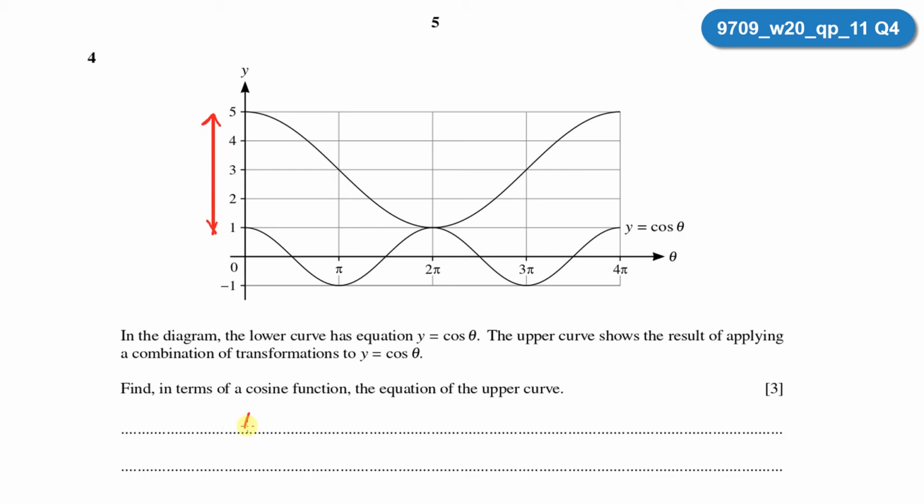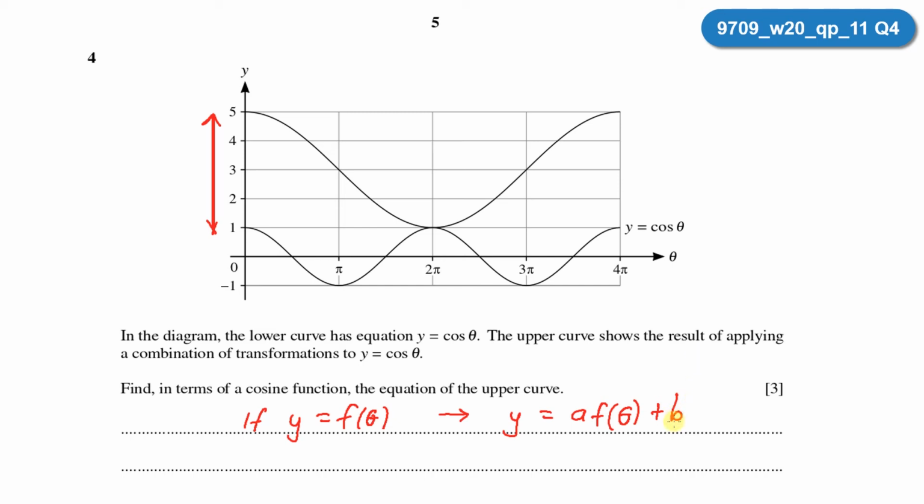Here, if we have our original function y is equal to cos theta, which I want to write as y is equal to f of theta, then it has to be transformed in the vertical to a new graph y is equal to a f of theta plus b. A should represent a stretch parallel to the y-axis, and b should represent a translation in the positive y direction